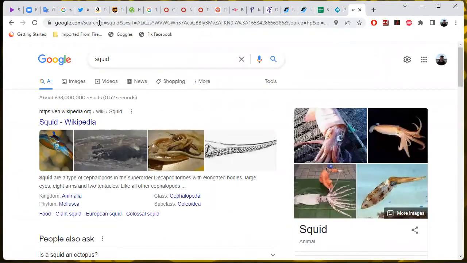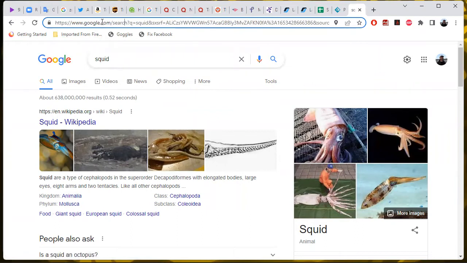And you'll notice that after search, there's a question mark and a bunch of key value pairs that are separated by ampersands. So once again, this is like a dictionary where you have a key Q and a value squid. So the query is squid, and then this is a separator, and SXRF is equal to this